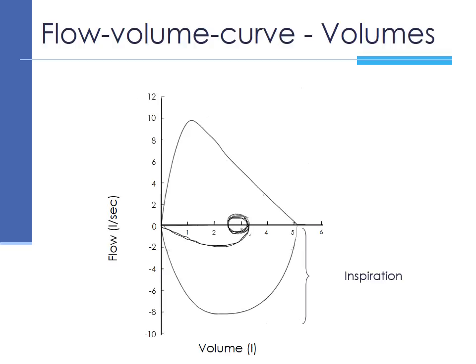So every time inhalation or inspiration was taking place, this was done during the bottom part of the curve, below the x-axis. Everything happening below the x-axis represents inspiration, whereas everything above the x-axis represents expiration,